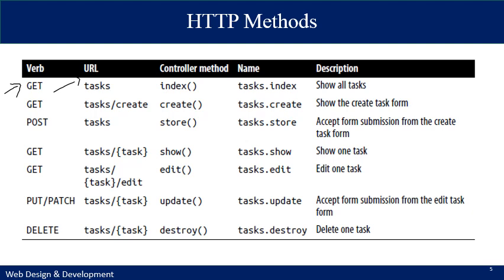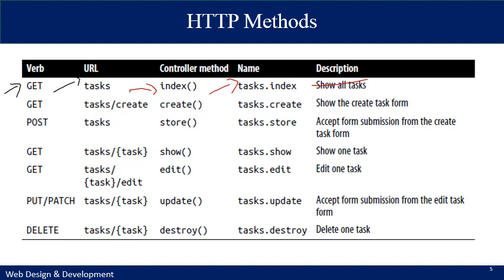The controller method usually for getting all the tasks or all the basic information about the entity is accessed through the index method, and it is named as task.index, and it shows all the tasks. For example, if we are taking the example of a task as an entity,